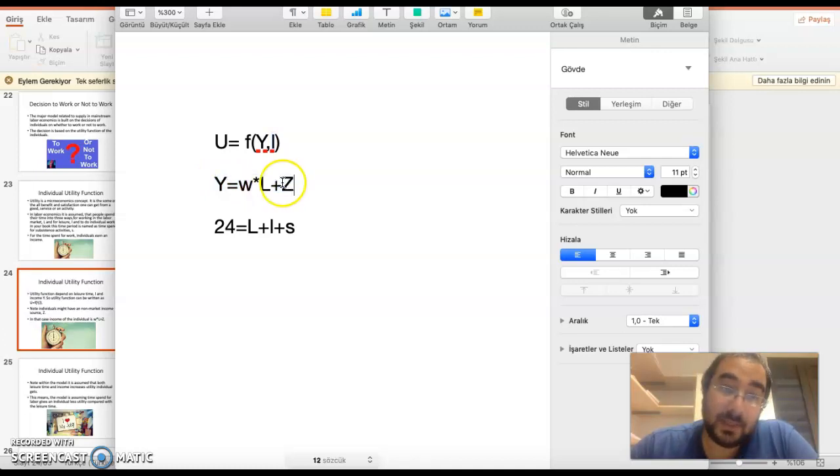The income is the income that is earned from non-labor sources, which is equal to Z, and the time he or she spends for work, which is equal to L, and W, which is the wage. Of course, we assume that the wage is constant, however much or little he or she earns. In reality, the wage might change if you worked just 1 hour, and it might change when you work for